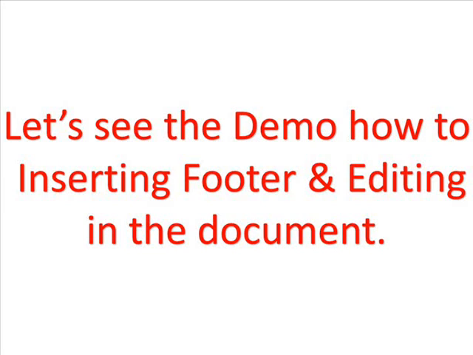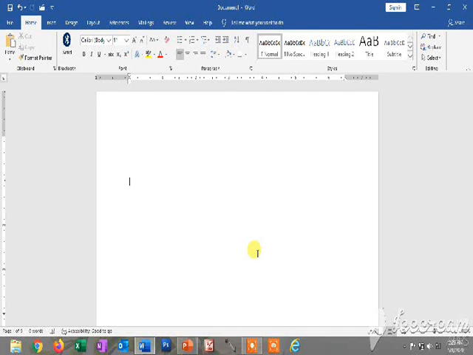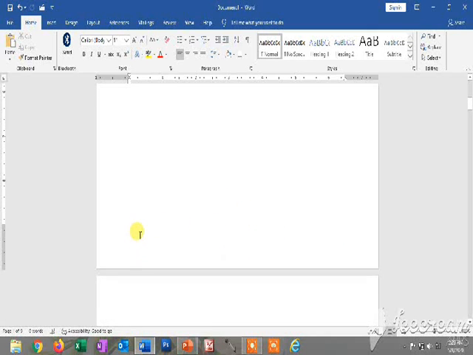So let us see the video on how to insert the footers and edit the footers. So be careful, and after the end of this video, you can apply and do it at home. In this video I am showing how to apply the footer. Header and footer both are similar, but the difference is header displays on top of the page and footer displays on the bottom of the page. So sometimes we are seeing, generally most of the time we are seeing page numbers and other information at the bottom of the page. So you can use the footer option.